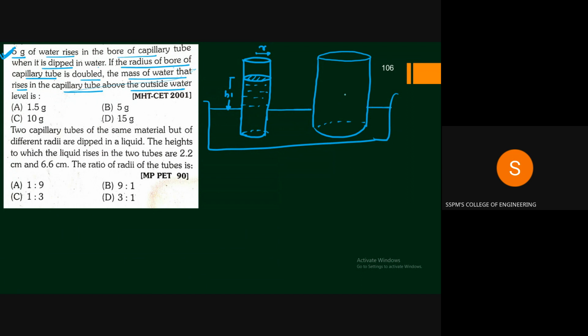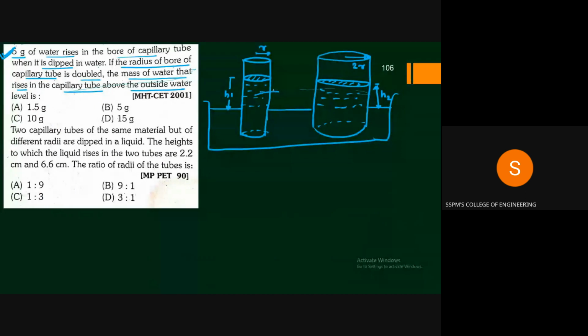So when we double the radius, this is the rise of liquid. Let us assume this rise is H2. So we cannot say H1 is equal to H2. Here the radius is basically 2r for the second condition. So here we want to find out